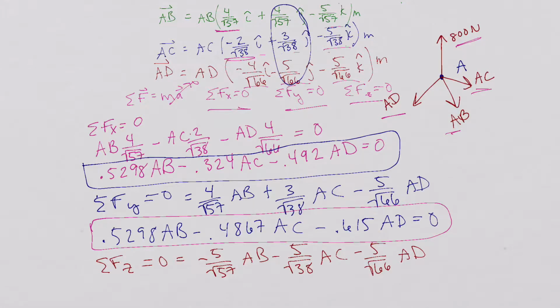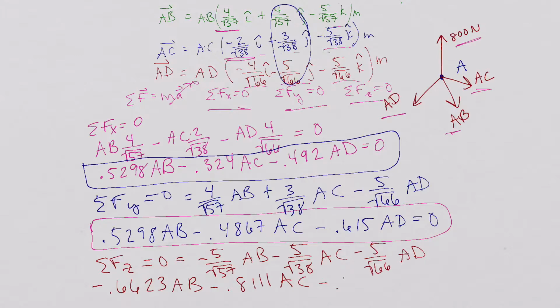That's negative 0.6623 AB minus 5 over the square root of 38, 0.8111 AC minus 5 over the square root of 66,